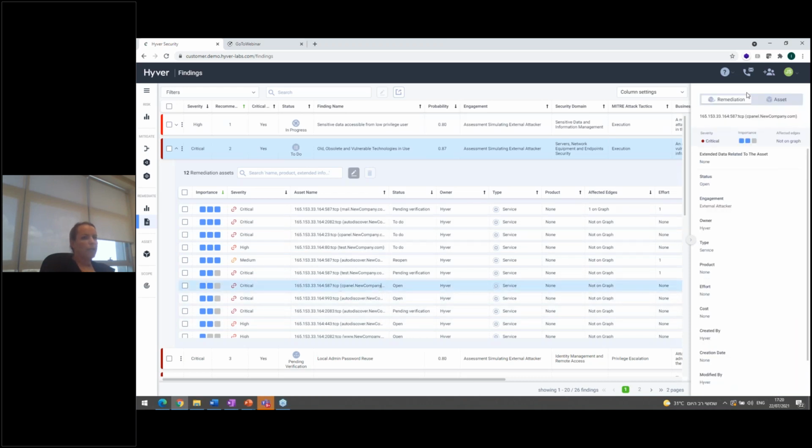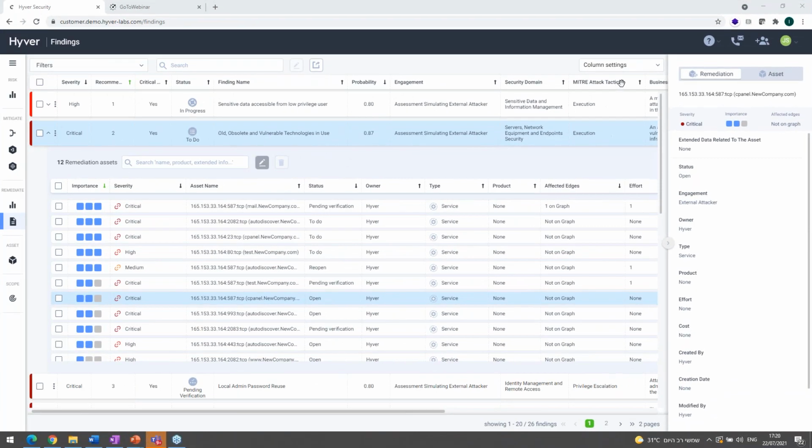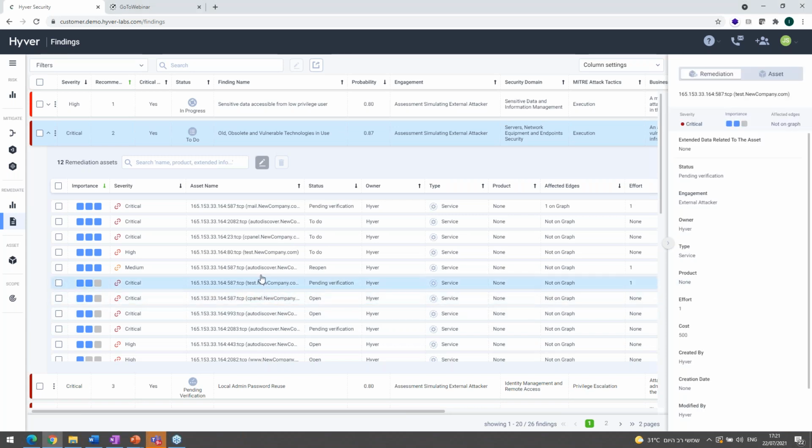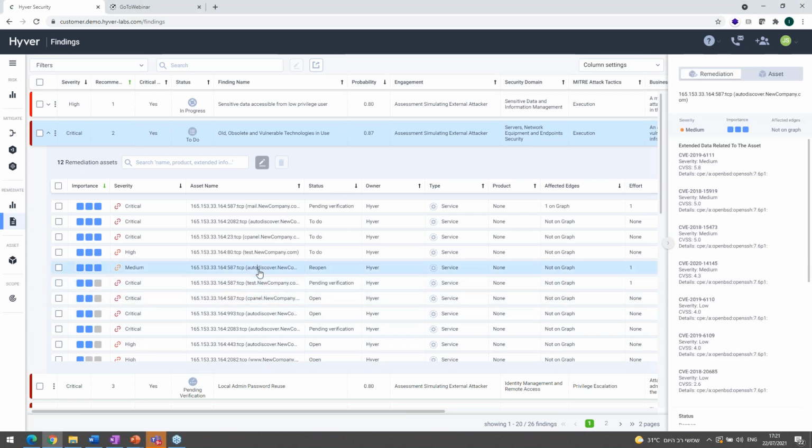And when you're clicking on one of the remediation assets, you can see in the right pane information about that specific asset. And here you can see that we performed a consolidation of all the CVEs available on that specific